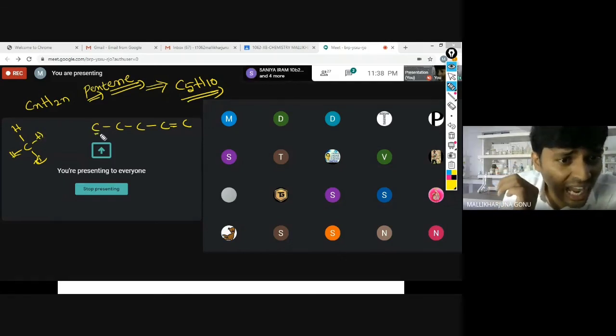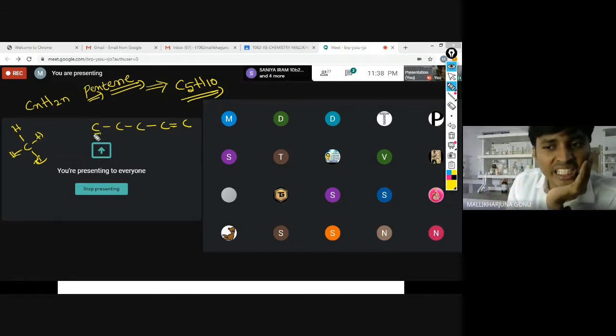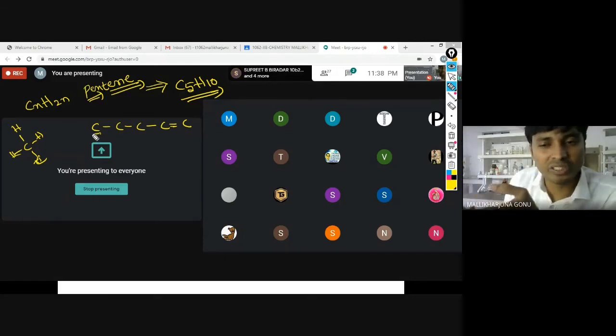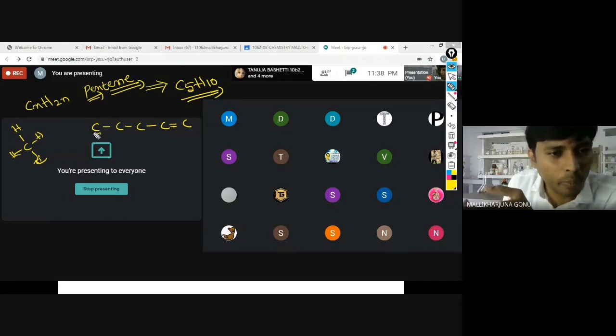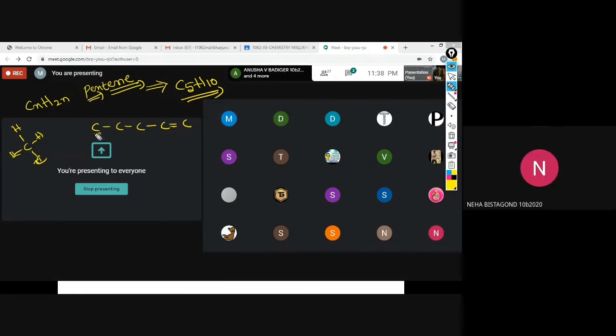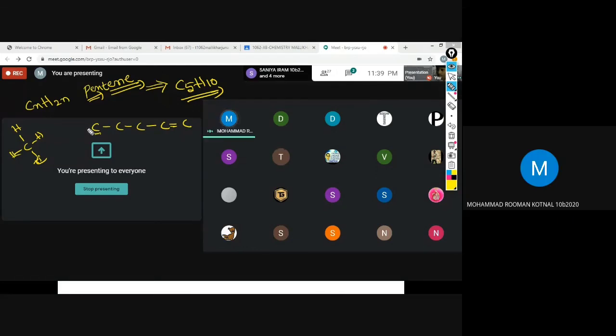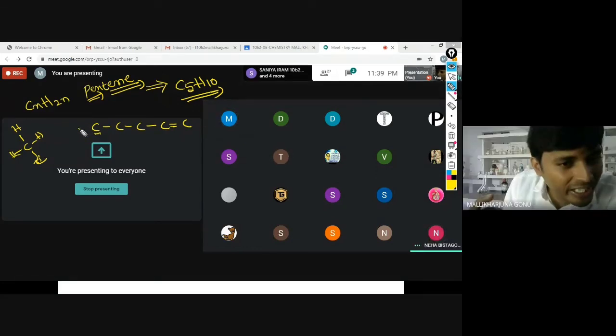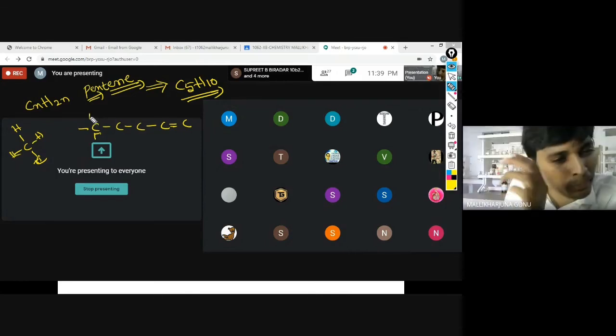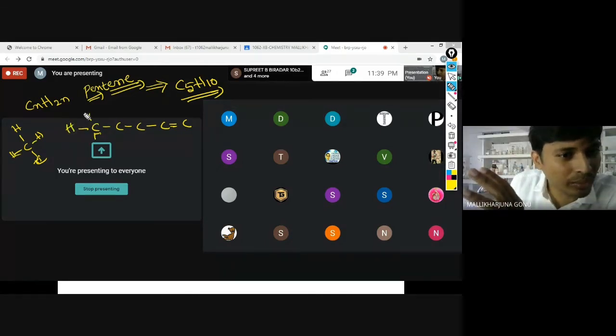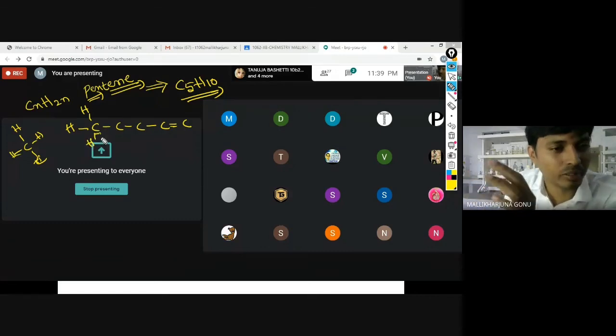Now, how many bonds does this carbon have? Neha, all of you understand? This is for everyone, not only for her. Yes, Neha, how many bonds does this carbon have now? Just looking at here, just at present, tell me. 1 bond only. So how many bonds do you have to make now to this carbon? 3 more. Simply you write 3. Then you write hydrogen, because it has only hydrogens and carbon. So just simply write.